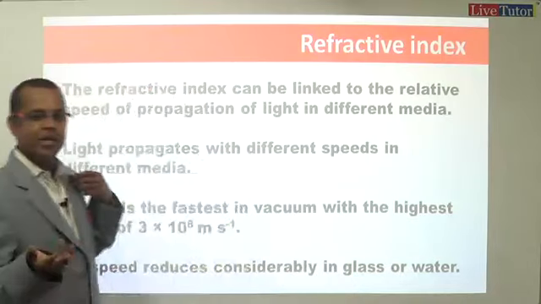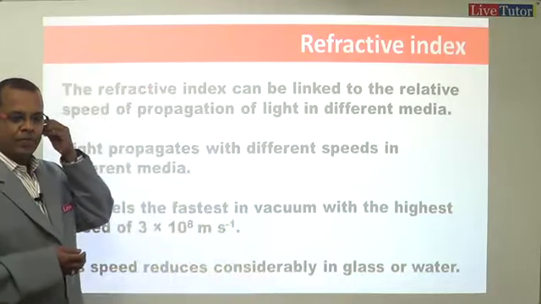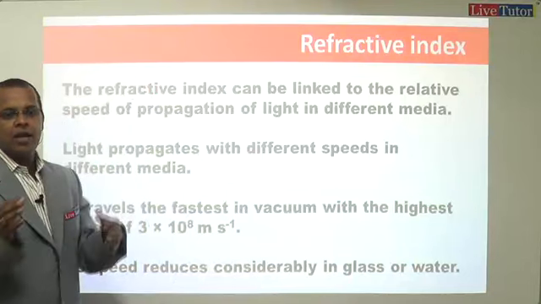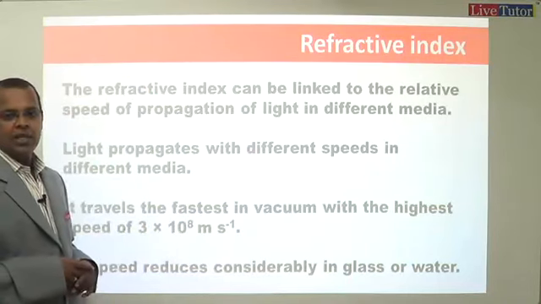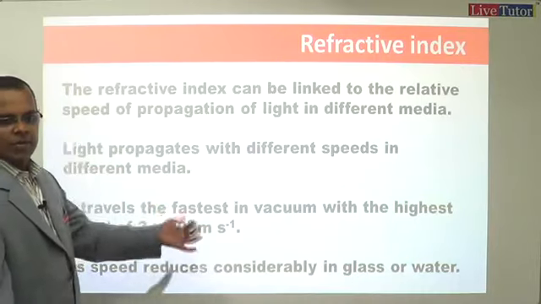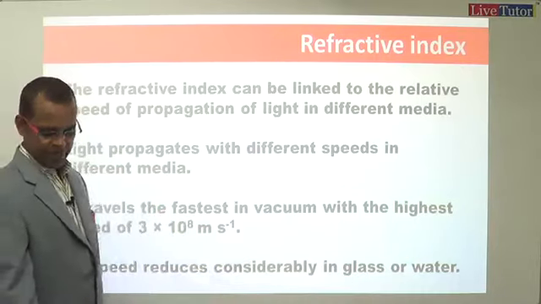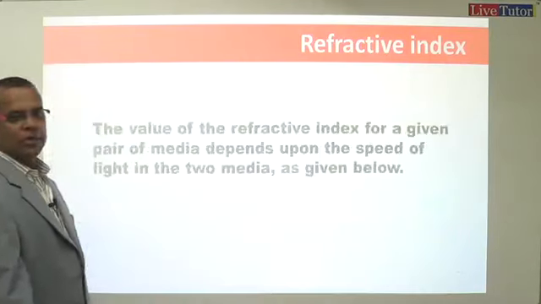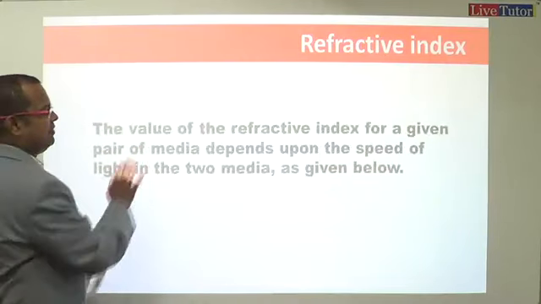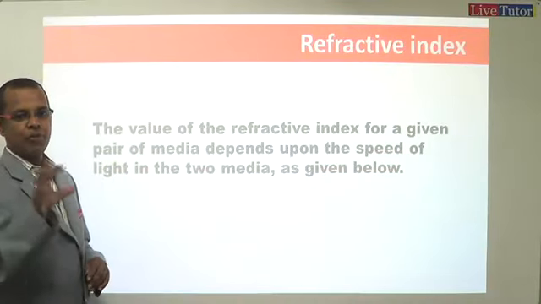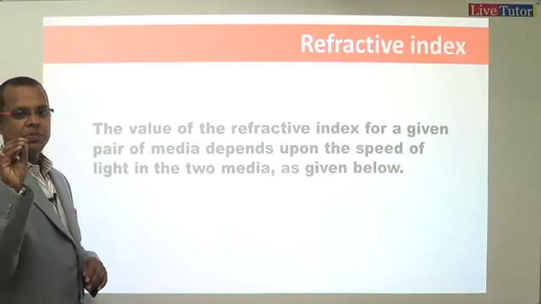So when it is denser, the speed naturally will be reducing, right? It is like a crowded area. If you are trying to move, your speed will get reduced. In a similar way, the speed of light will considerably be reduced in different media like glass or water, right? So the value of this refractive index for a given pair of media depends upon the speed of light in the